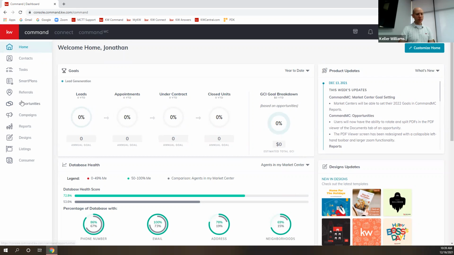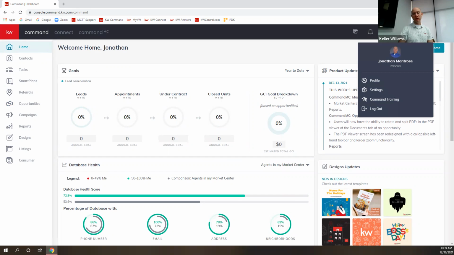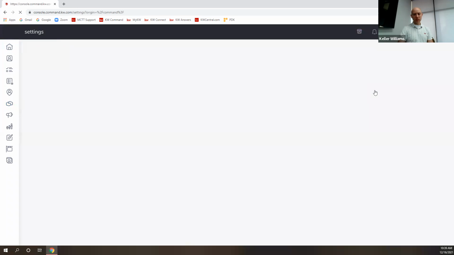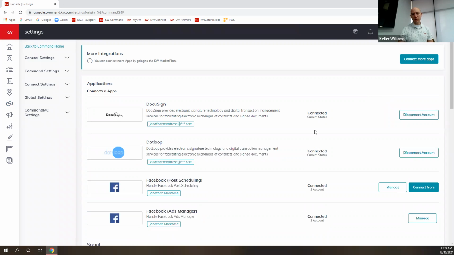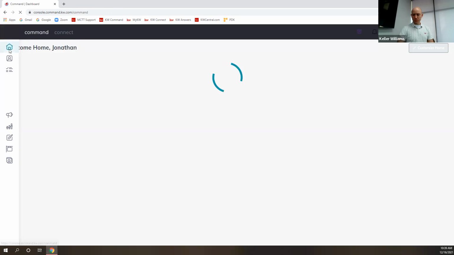We're going to end up in the opportunities tab today, but I want to take a second, even though we touched on this earlier in the week, to go over here to your name and go to settings. We're going to need to make sure that DocuSign is connected so that we can use it properly. So go up here, make sure this says connected, current status. This will give you a hint as to what your email is when you need to log in later. If you haven't logged in before, if you need to recover that password, it's going to go to whatever email is listed here. If this isn't enough of a hint, then get in touch with me and I can help you recover all of that stuff. We're going to make sure that's connected up here. Once we're certain of that,